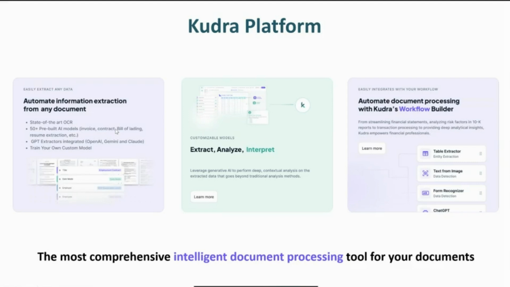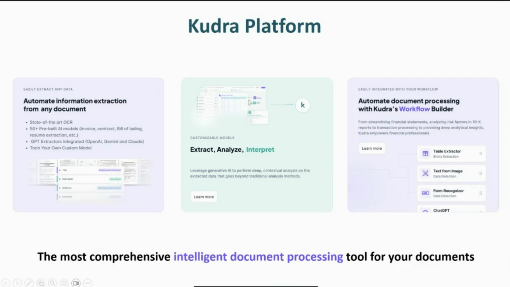In addition to that, we also have generative extractors. Those are GPT-based extractors. They are not trained on a specific use case, but you can instruct them to extract whatever information that you need. We have integration with OpenAI, Gemini, and Claude. And finally, we also provide you with the ability to train your own model. So you don't have to rely on generic models or the GPT extractors. You can also train your own. We provide you a full interface where you can teach the AI what the most important information in your documents is, and the AI is able to extract it correctly.